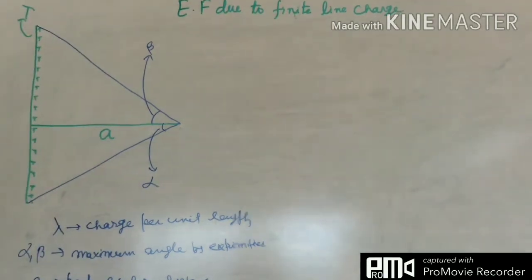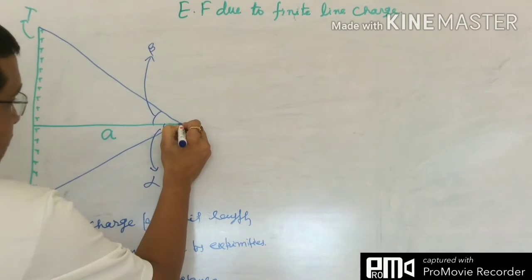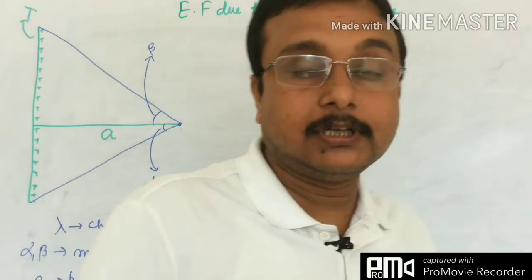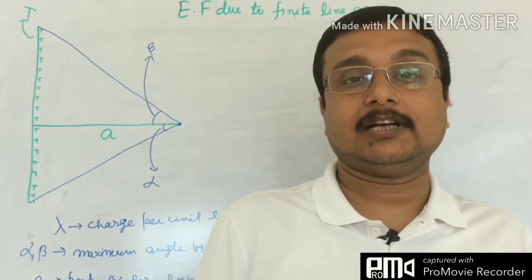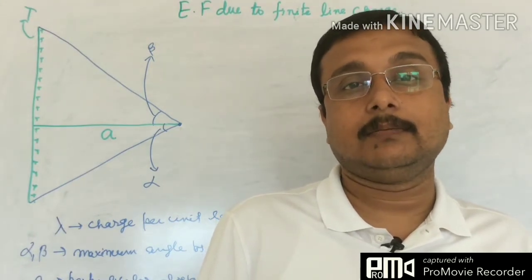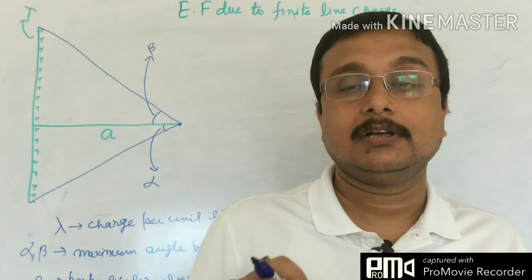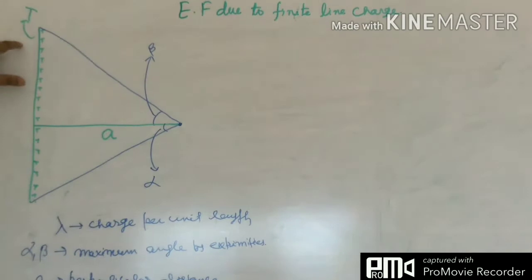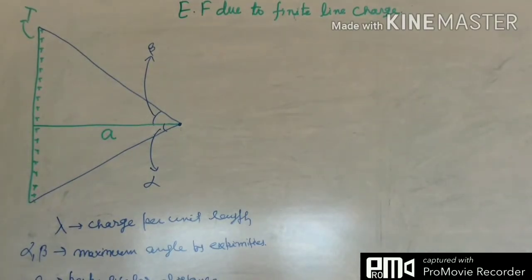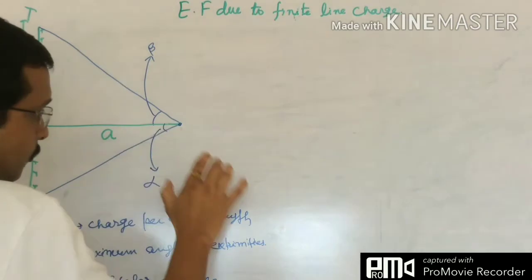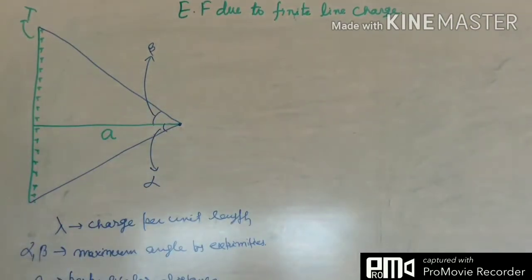So what we have to do in this problem, understand it. We have discussed all these concepts already, and we can refer to the previous two videos to understand the concept of linear charge distribution and the methods and approaches that we have taken to find the value of electric field due to linear charge distribution at some perpendicular distance. Now, this is a finite line, and we have to find the value of electric field at a perpendicular distance of OA at this point.